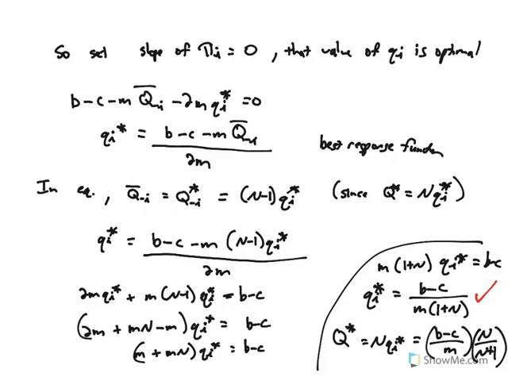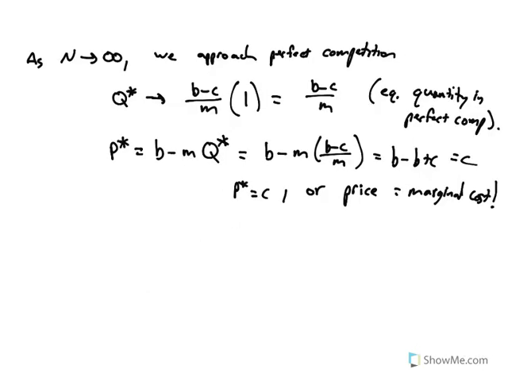So Qi star approaches 0 as n approaches infinity, which is the idea that every firm is arbitrarily small relative to the entire size of the market. But the market we can express as n times Qi star, and that n over n plus 1 disappears, right? That converges to 1, and so we're left with what the quantity and prices would be under perfect competition, okay? For monopoly,